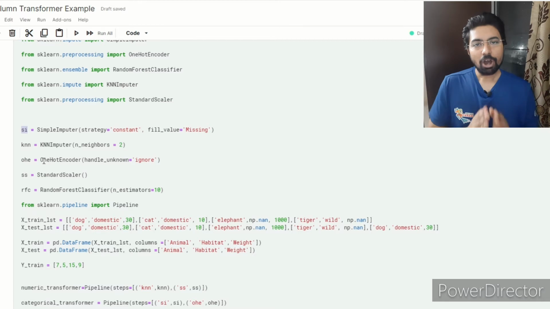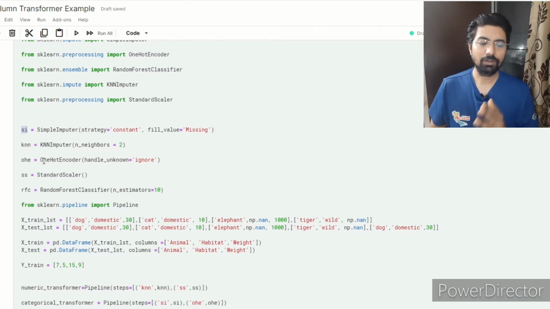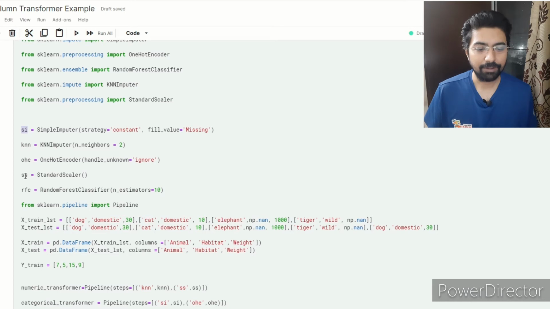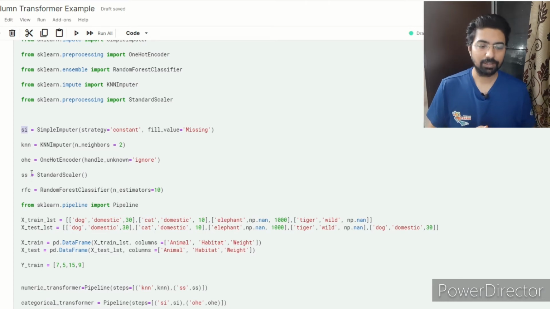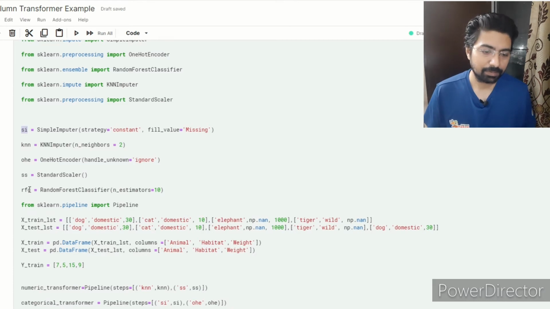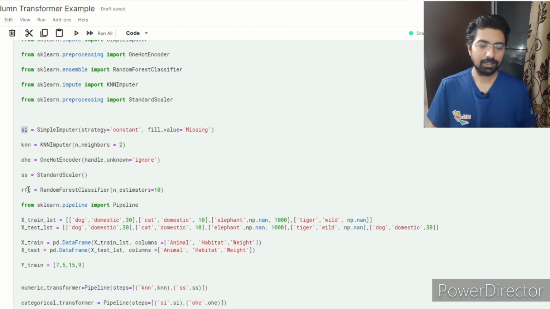Then for the one hot encoder, I placed a parameter so that if you have any unknown value, please handle it as ignored. I have also defined the standard scaler to scale the data, and the random forest classifier with n_estimators equal to 10.